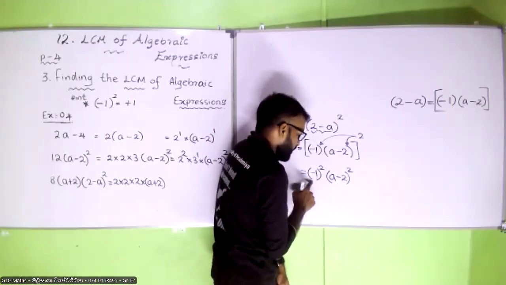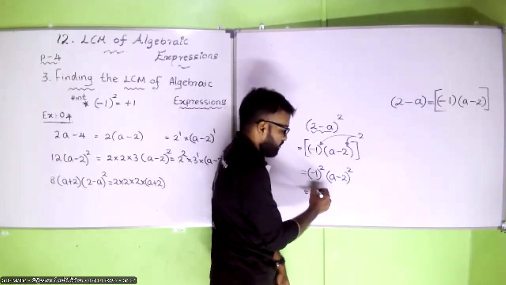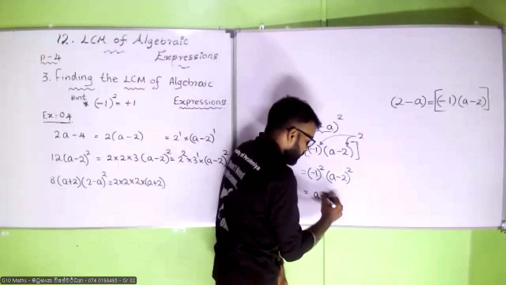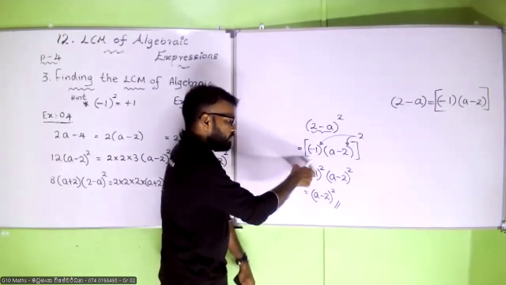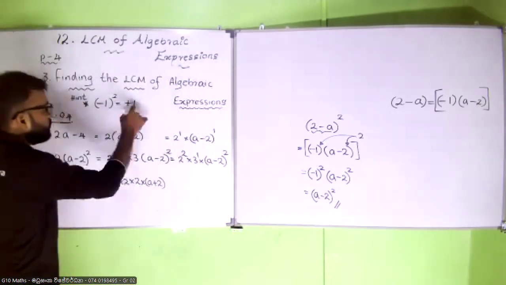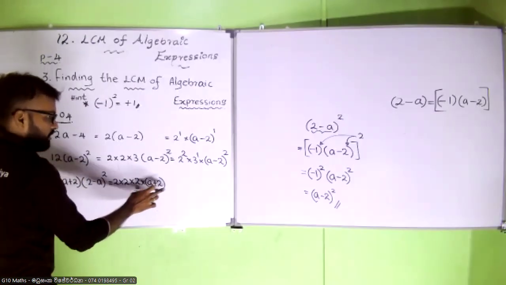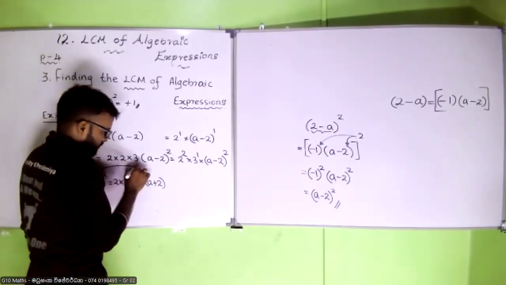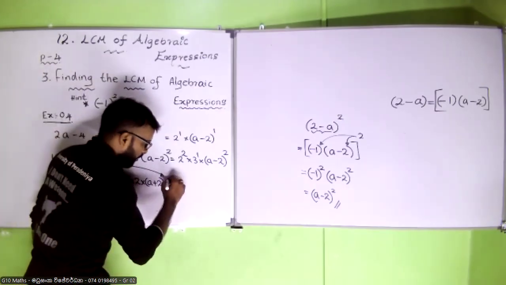So minus 1 to the power 2 means minus 1 multiplied by minus 1. Minus into minus is positive, 1 into 1 is 1. Positive 1. So the answer is a minus 2 to the power 2. This becomes minus 1 to the power 2, which means positive 1. So I am going to do this here. That part. So instead of this negative,